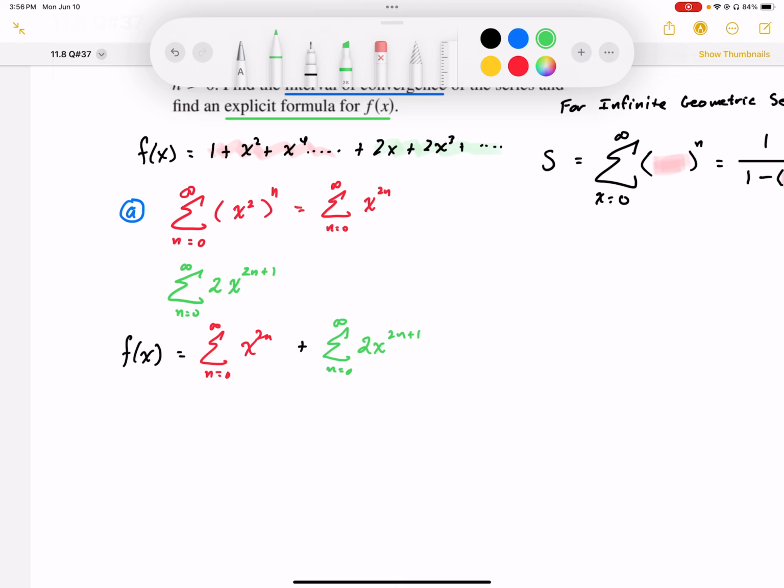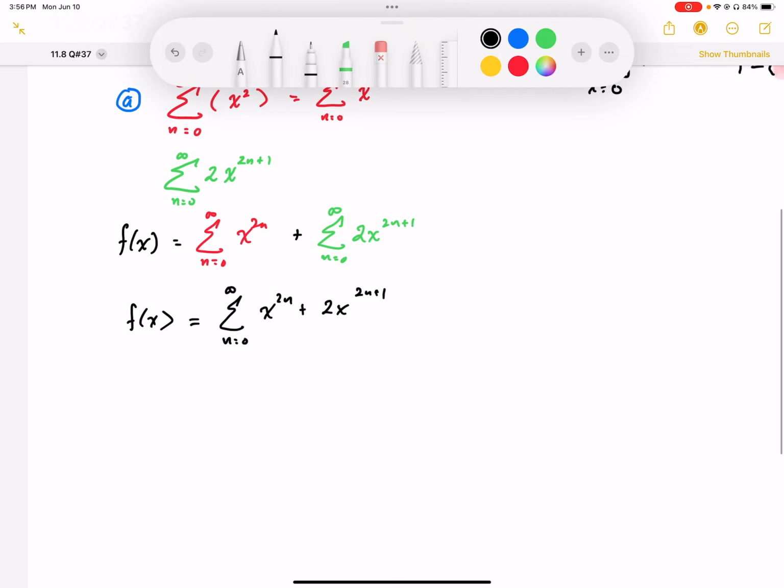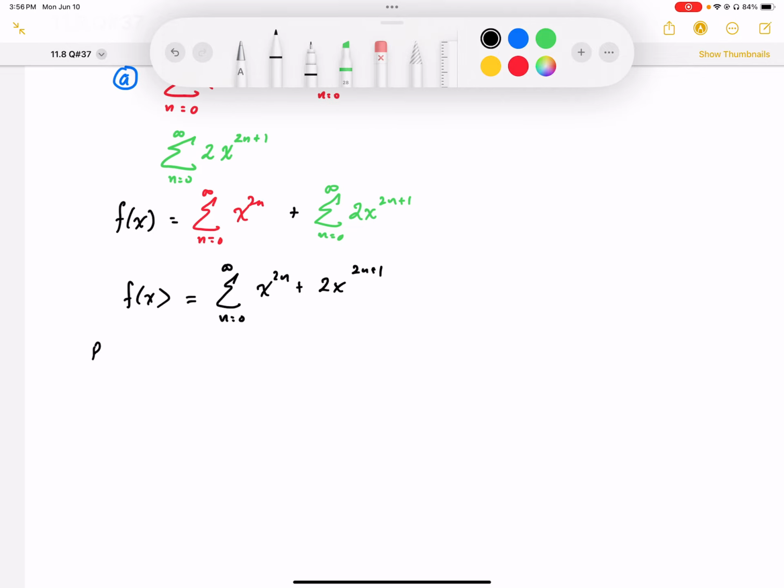Having this function, we can put this together and apply the ratio test to it, x to the 2n plus 2x to the 2n plus 1. So applying my ratio test for the interval of convergence,